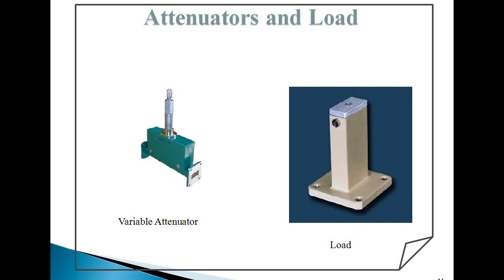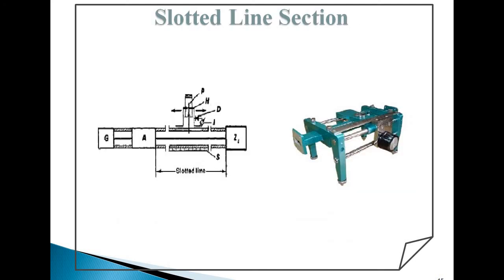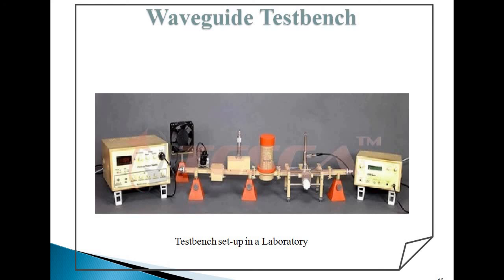Attenuators and load. An attenuator attenuates the signal which is generated from the supply. A load is used at the end of the microwave test bench or microwave circuit. Slotted lines are used for microwave measurement and consist of a movable probe inserted into a transmission line. A slotted line can measure standing waves, wavelength, and with some calculation and plotting on a Smith chart, a number of other parameters including reflection coefficient and electrical impedance. This is a figure of the laboratory setup where all those above mentioned devices have been assembled.